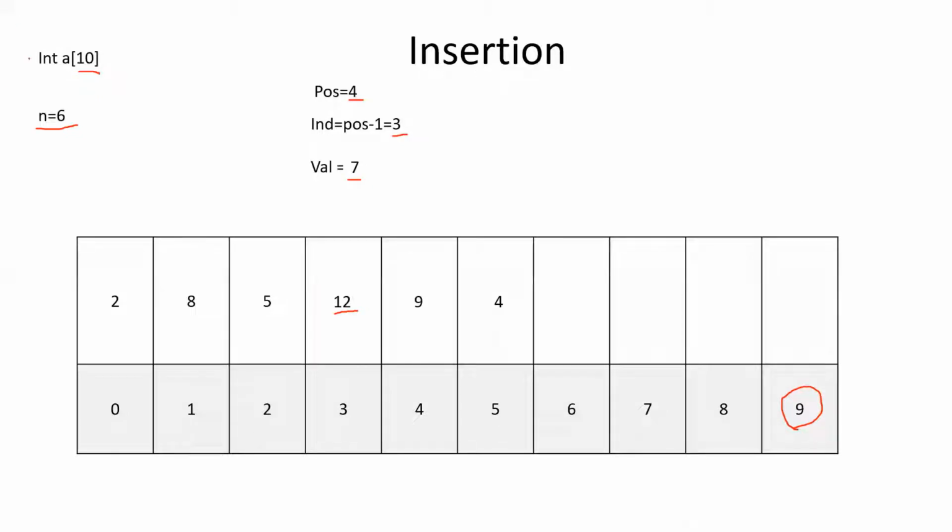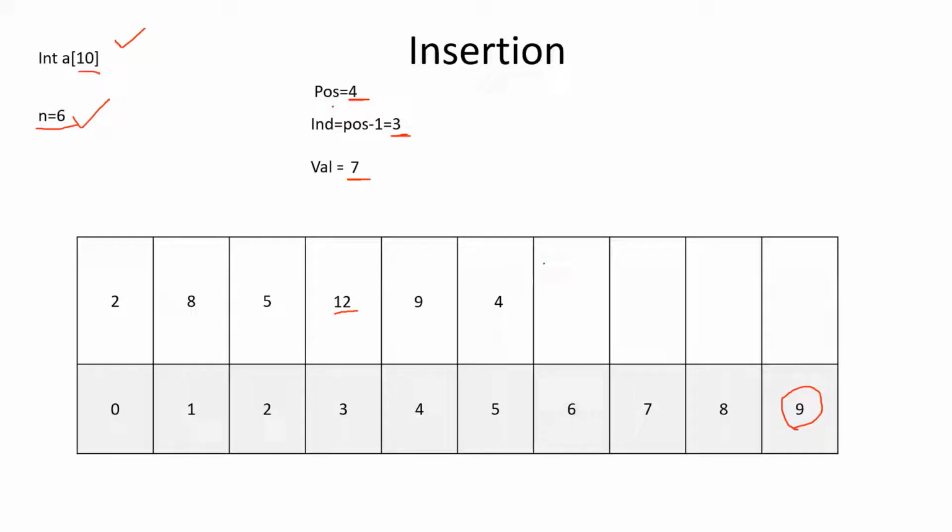What all do we need now? We need an array to be declared, and the number of elements present in the array. If there are 6 numbers, 6 numbers should be present in the array. So we have to tell the user to enter the number of elements and enter the numbers of the array. After that, we will ask the user to enter the number to be inserted. So it will be 7. Then ask the user to enter the position at which we are going to insert 7, and we will convert that position into an index number. Got it? So this way you will be asking for the inputs from the user.